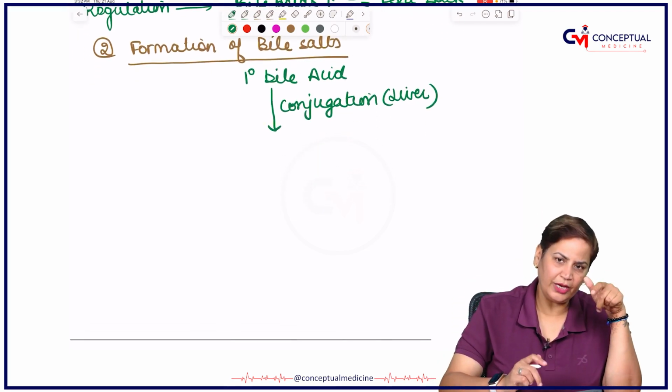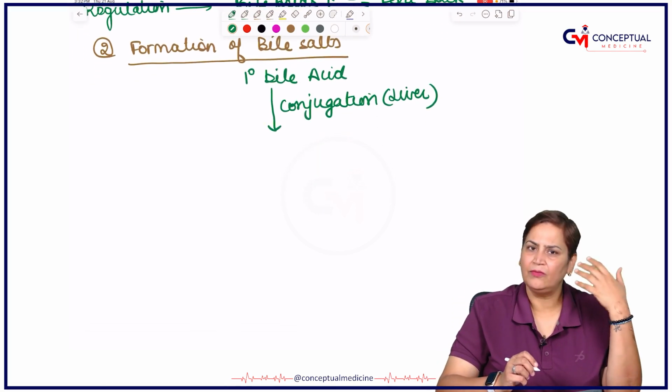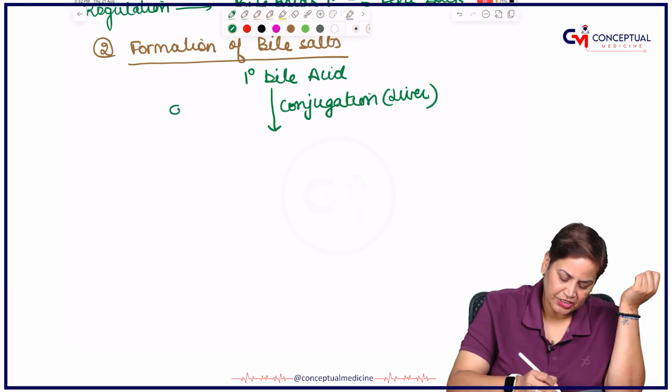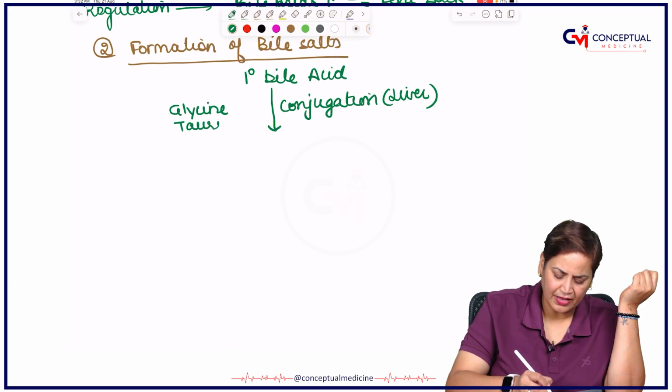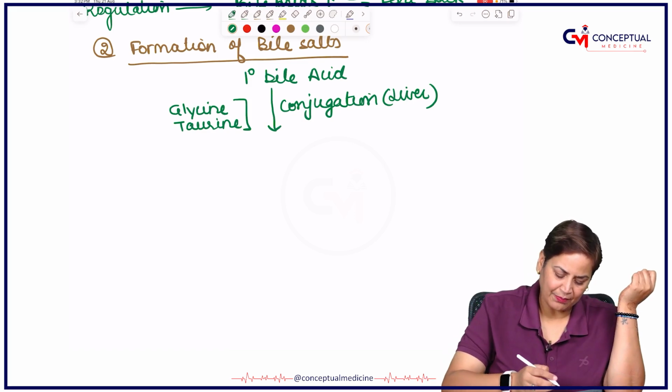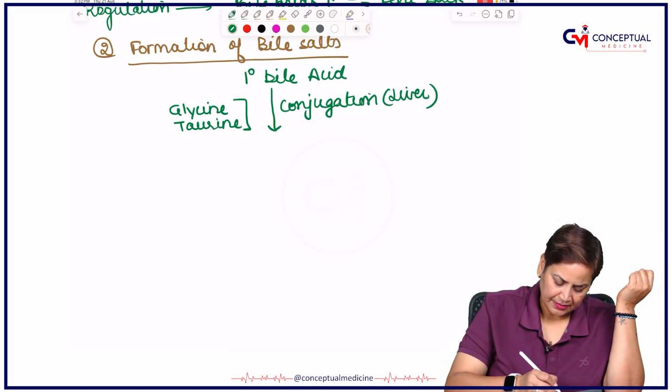And with which amino acids do they undergo conjugation? Glycine and taurine are the two very, very important amino acids. So what happens is it forms, for example, if we write about cholic acid